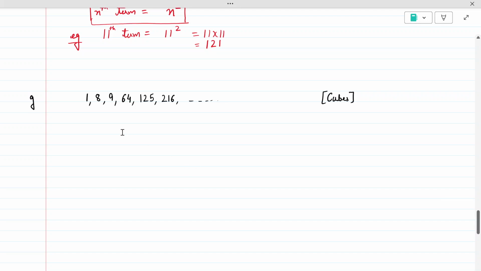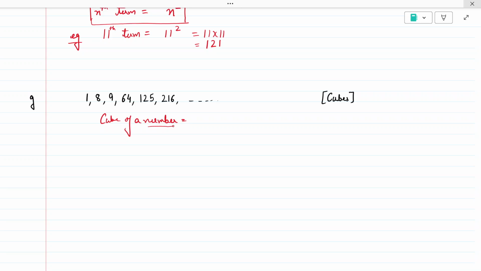Now, coming to cubes. Like how we had squares, we have cubes also. What is a cube? For a cube, we have to multiply the same number thrice. And how do we represent it? I'll tell you. So the cube of a number